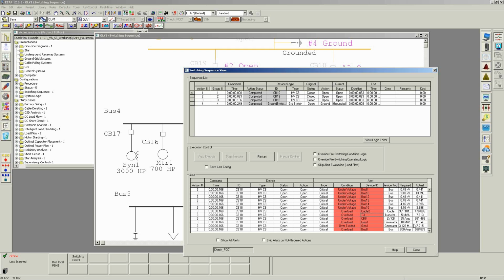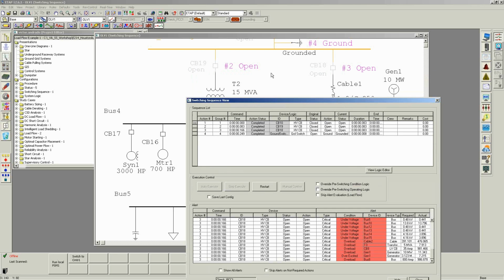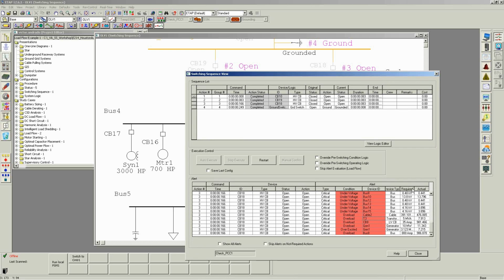The system would probably not be able to recover if the main 13.8 kV bus was isolated. Also, cable 2 and T3 are overloaded. Okay, so let's now do a